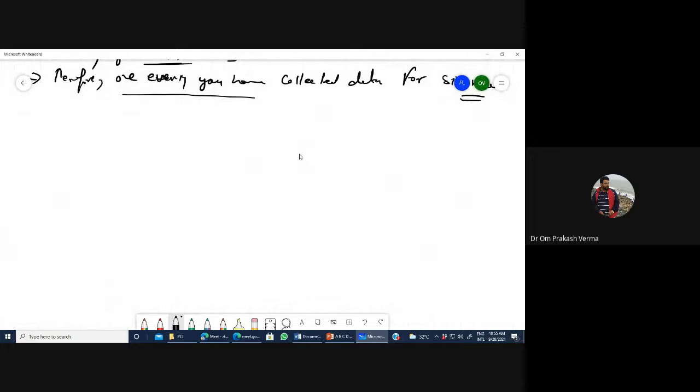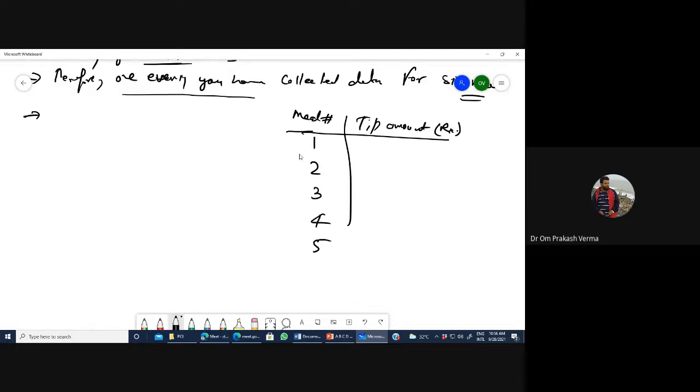Now you can write here, let's say we have meal number and the tip amount. We got the tip amount in rupees. So let's say we have 6 meals, 1 2 3 4 5 6.